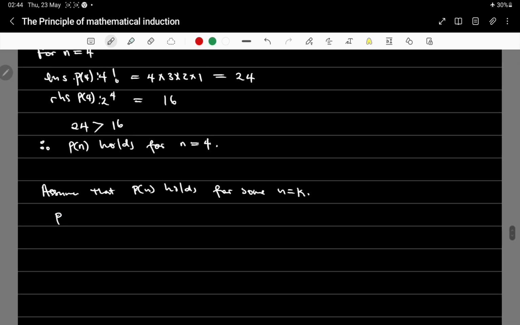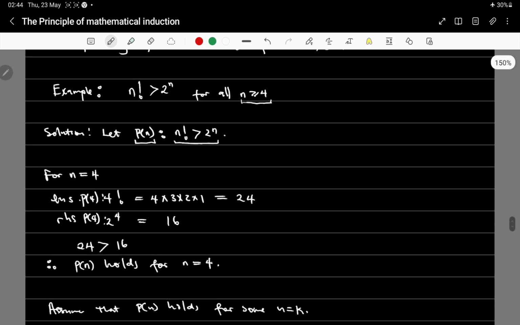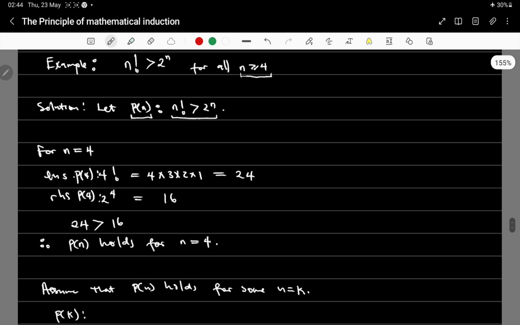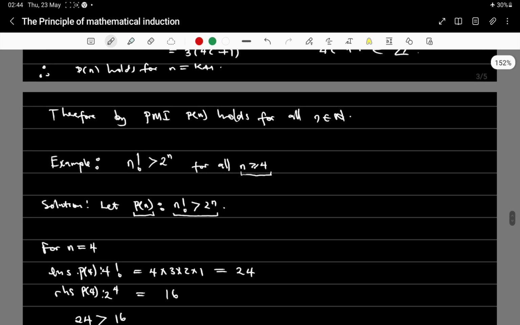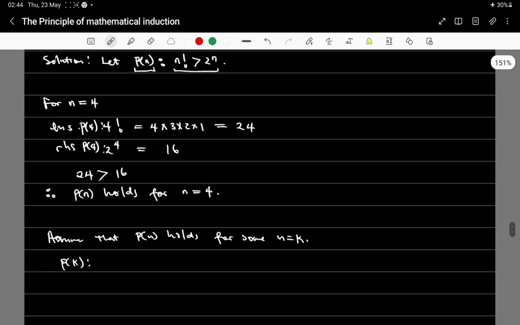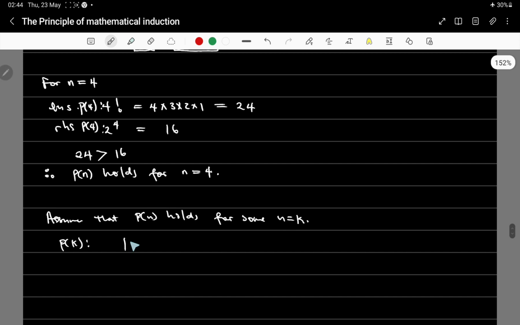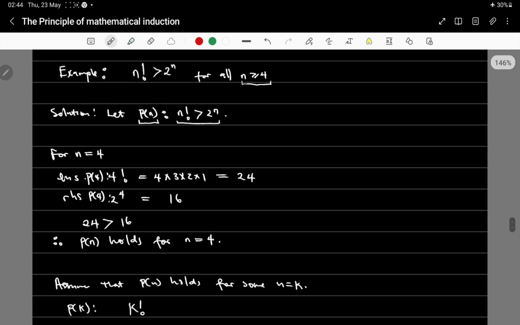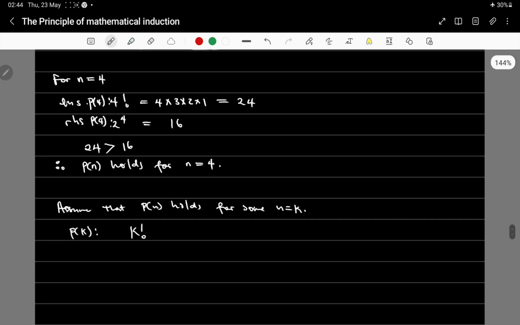Then that implies that Pk is such that we're now putting k wherever there is n, so we have k factorial is greater than 2 to the k